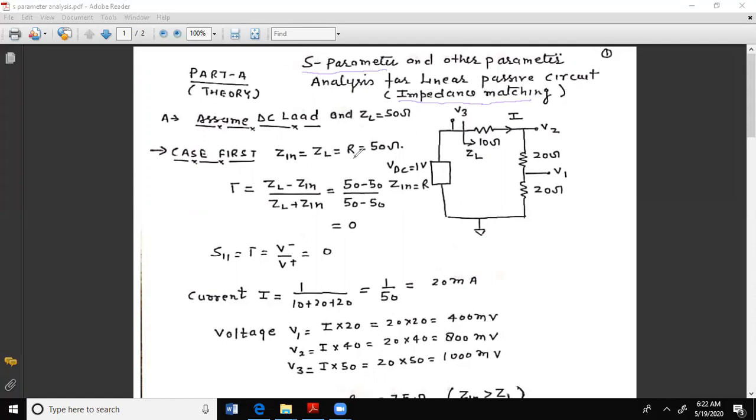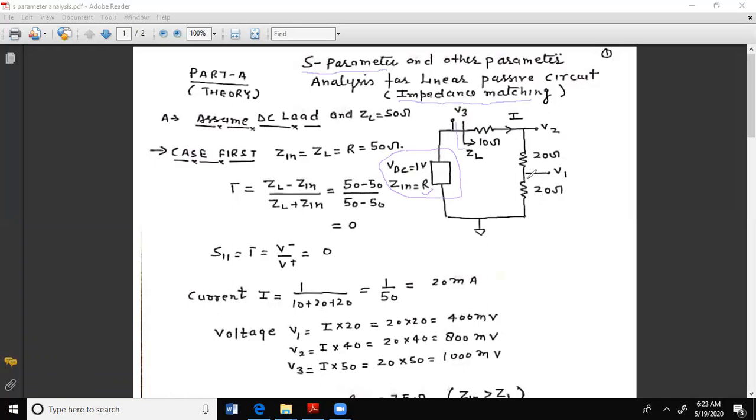For that, we have taken a single port circuit. Here we are showing the single port. The source impedance we have taken as Zn equal to R, and for the DC calculation we have taken 1 volt. So this is my port in which we have taken a voltage of 1 volt, and the input impedance is R. Here we have shown the load impedance, that is 50 ohm, split as 10, 20 and 20 at the different positions.